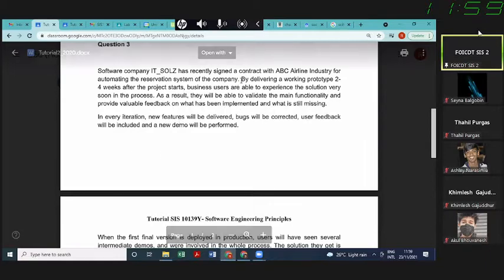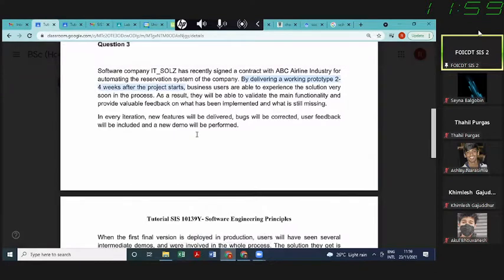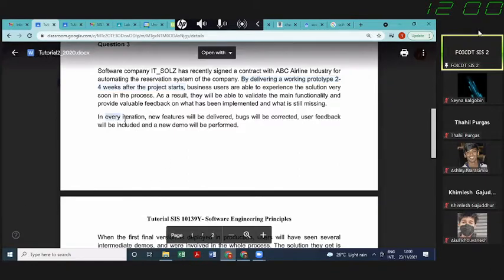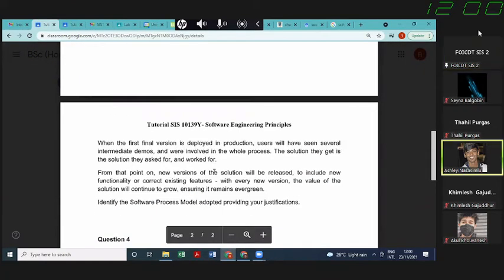But a very good observation by your point. I would say that the prototype 2 to 4 weeks after the project start, on this slide, is very much in line with what agile would suggest. So for this question, I think we can use agile, because we also find that we have iteration. What we say in the first paragraph, there is also